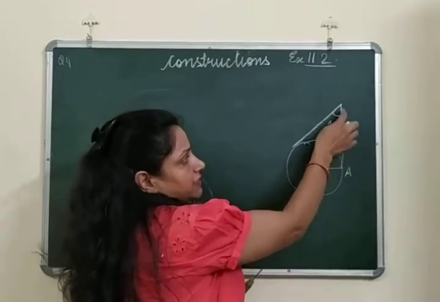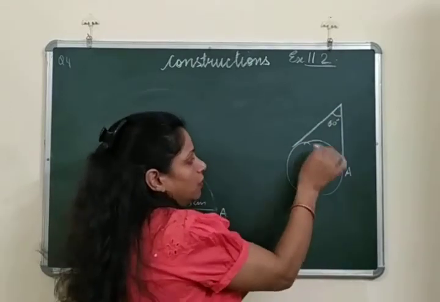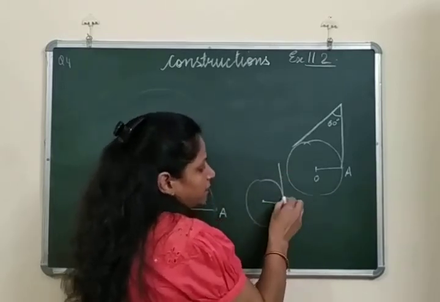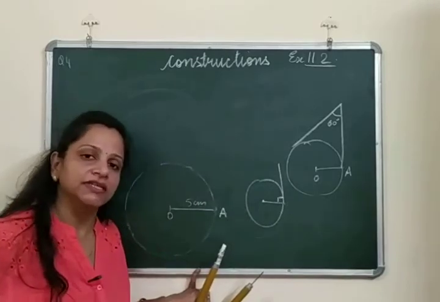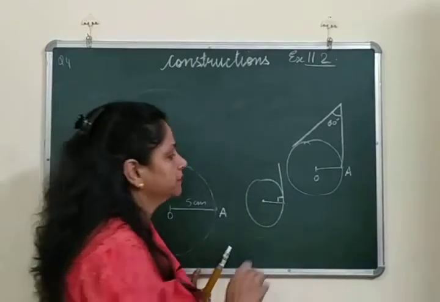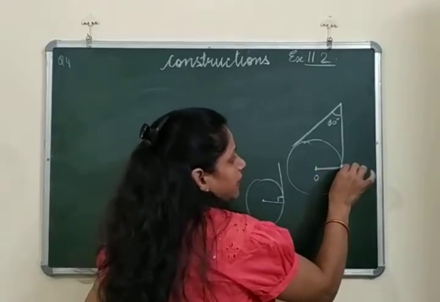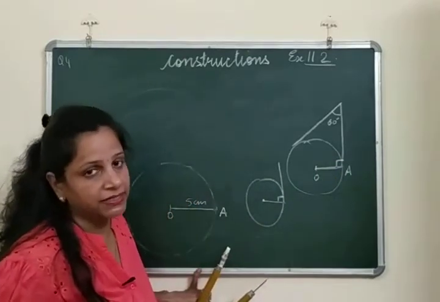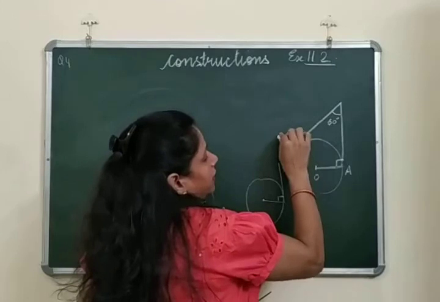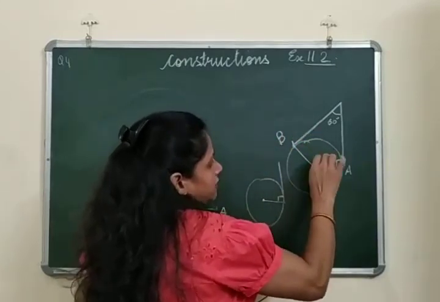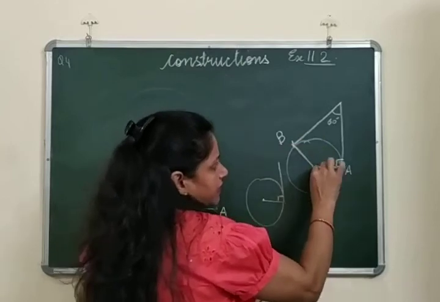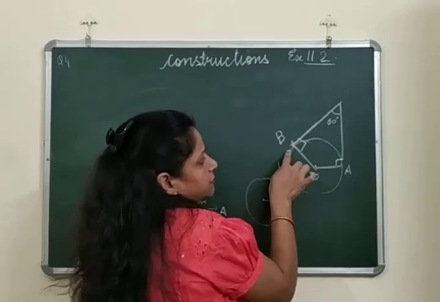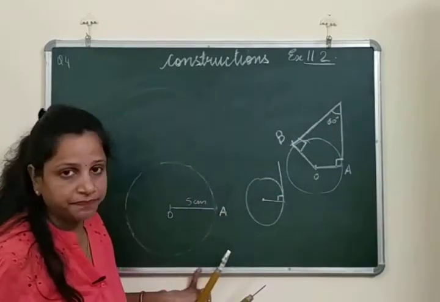We cannot make the 60 degree here because we are not having any points. But we know that if we have a circle and this is the radius, this is the tangent, what is the relation between radius and tangent? That radius is always perpendicular to the tangent, right? OA is the radius and this is the tangent, so that means here we have an angle of 90 degree, right? Also, say this point is B, we join it to the center. Again, OB is the radius and this line will be the tangent. That means OB is perpendicular to this tangent, right?